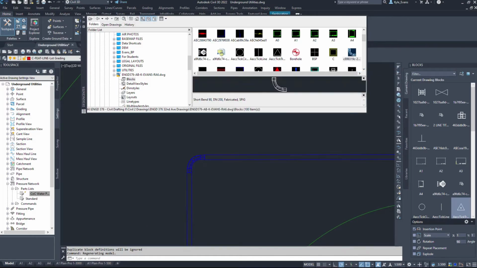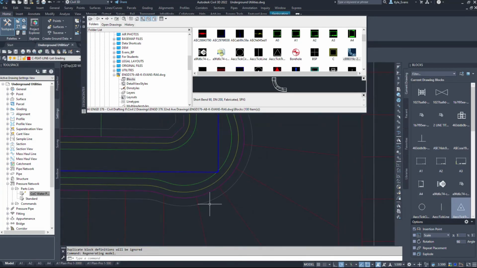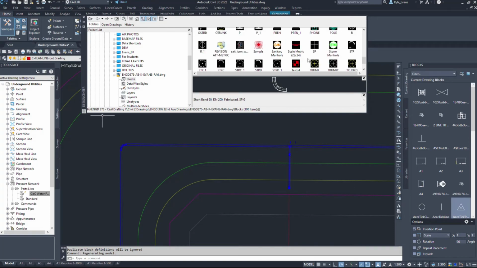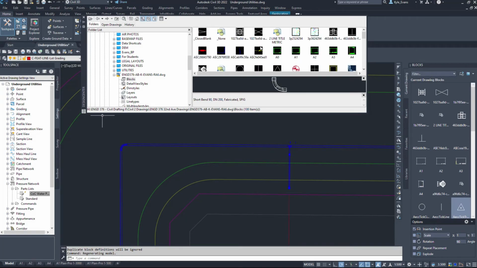The alternative is tracking down, like I said, every part number. So we have a block here, C899319, going to find it on your C drive, going to insert it. Depending on the blocks you used or the fittings you used, it could cause a problem, and sometimes that doesn't always work. So the design center, locate your drawing, right click insert,